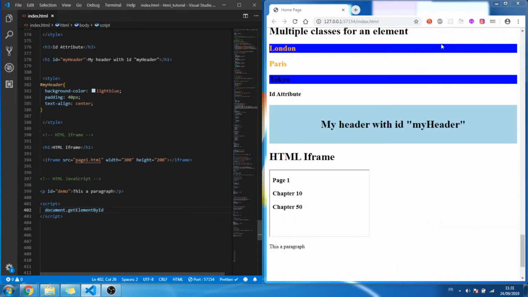So the document is this, the whole page, it is a document. So we are saying please get me the element by ID which is called demo of this document. So document get element by ID, and the ID name you have to put in brackets, which is demo. Okay, and now we want to change this value, which is this is a paragraph. We want to change this value, so you have to type dot innerHTML. This is a property that you want to change of this element. So innerHTML, and